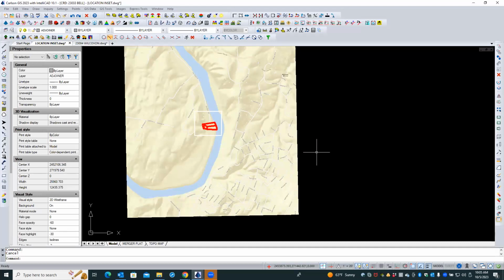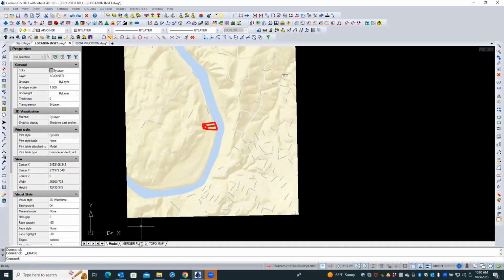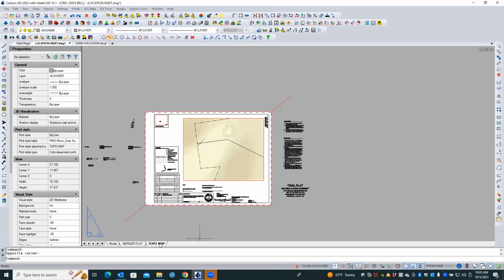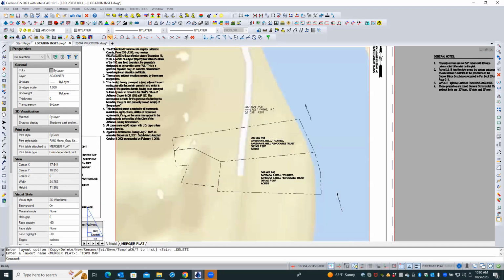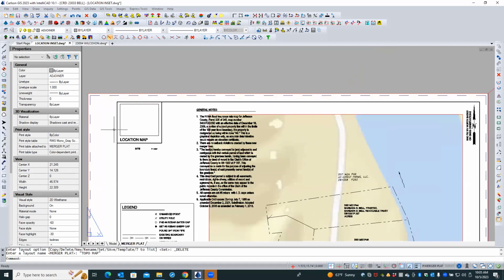Oh, okay. That's all that is. That has nothing to do with the location inset. Okay. I thought maybe we had taken it from the other. So, all right. So I'm going to take that, get rid of that. I'm going to also come over here and these two, I don't need any of this necessarily. So I'll delete. I'll delete this. And this one, I could also delete, but here's,